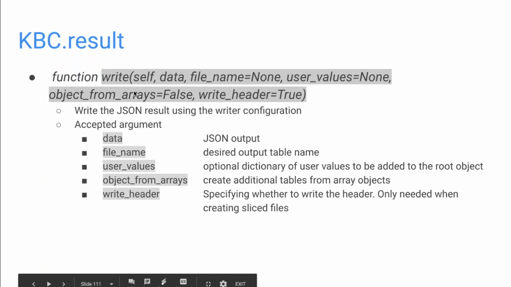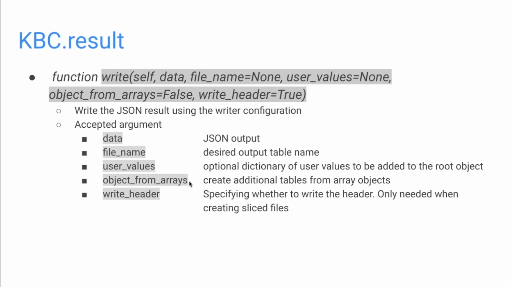So after we configure all the table definitions, all the column names, and whether you want to parse them, then it's time to write it. With this function over here, we will be able to define the data of the JSON object that you or the component parsed. So this JSON data will be given the file name that we configured in here. User values,